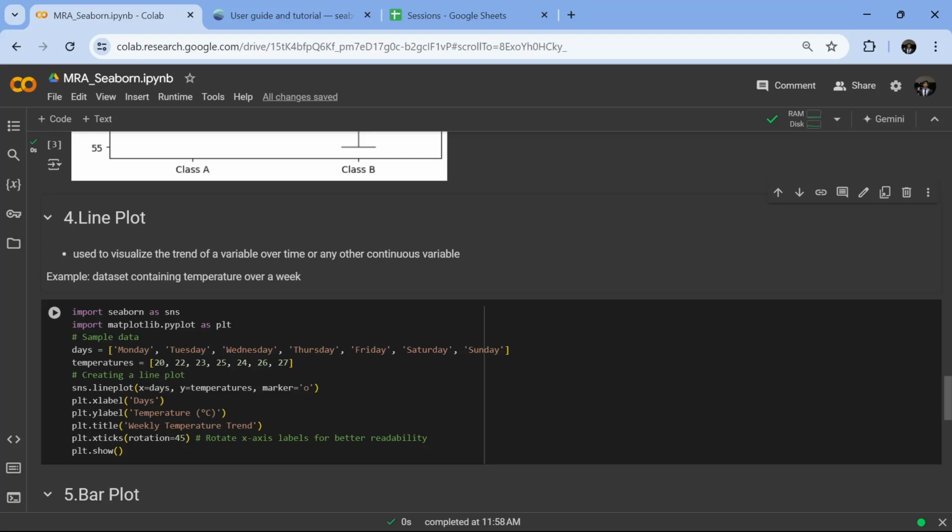Now, I'm going to use xticks to rotate the x-axis labels for better readability. It helps to understand the labels more clearly, because as you can see, Monday, Tuesday, Wednesday is a very long variable. So if it is rotated along the x-axis, it can be read perfectly. Now if I run the code,